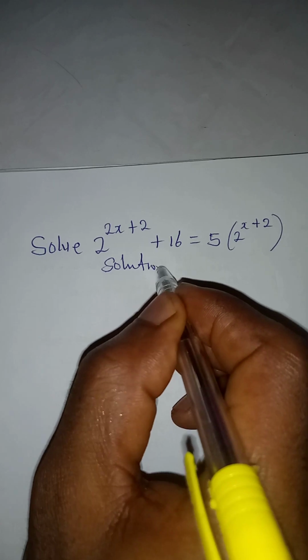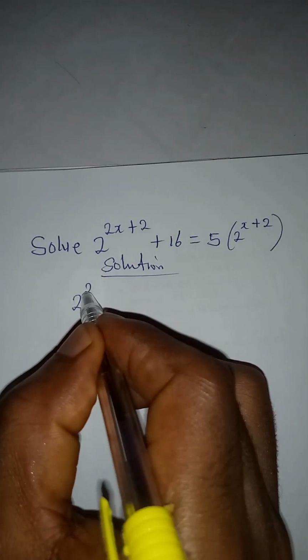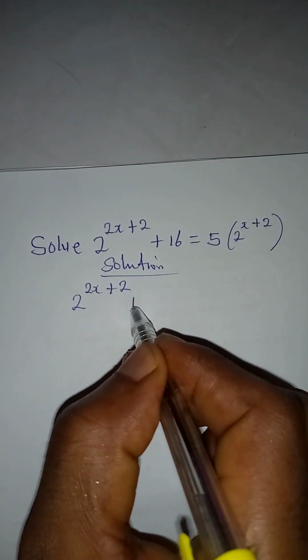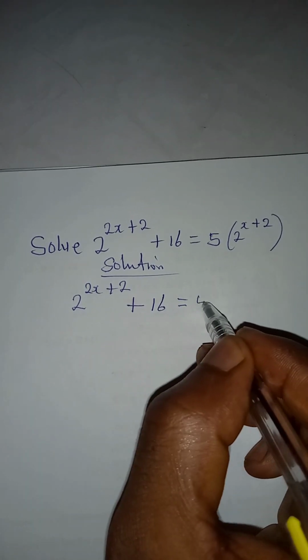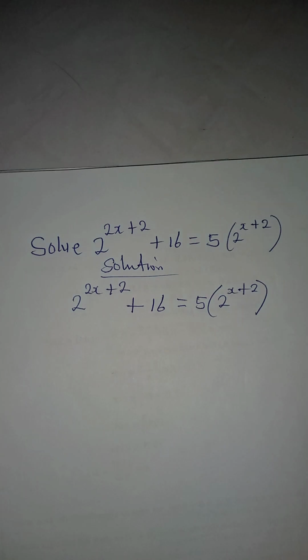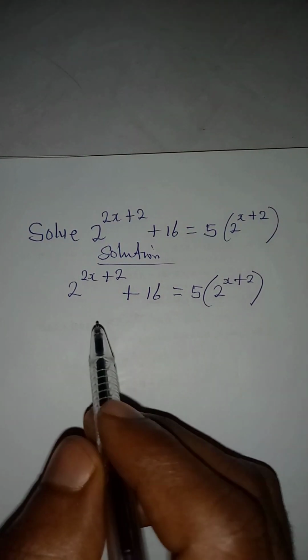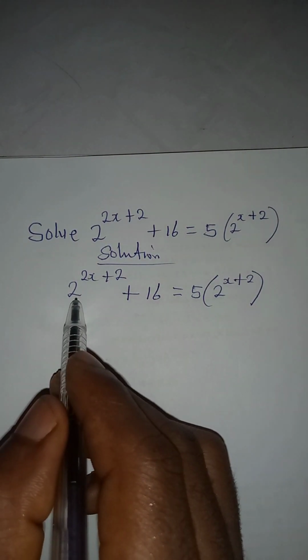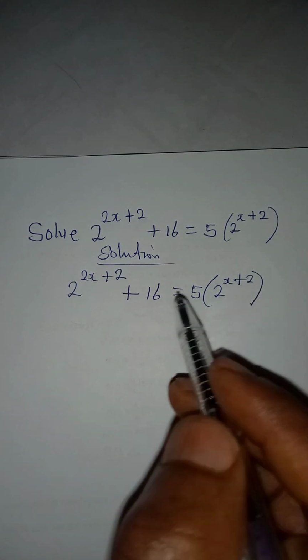Solution: we are having 2 raised to the power 2x plus 2, plus 16, equal to 5 into bracket 2 raised to the power x plus 2, and we have to find the value of x. So what you're expected to do is to work on this side and this side, since they're having this double